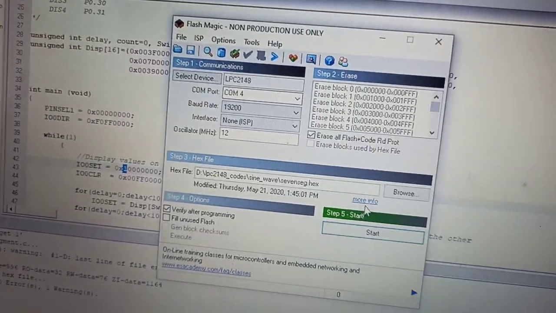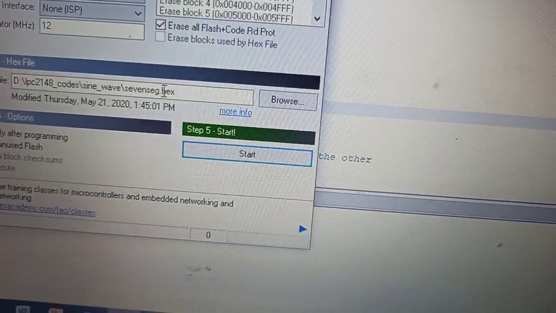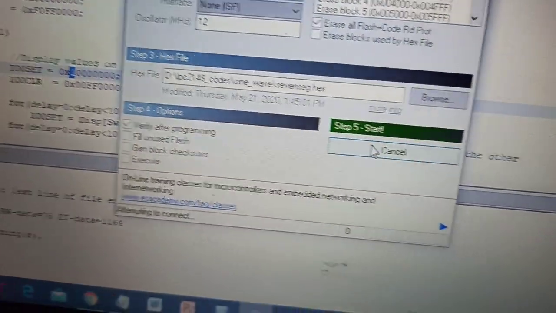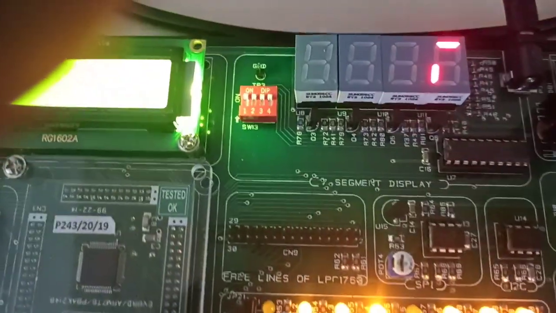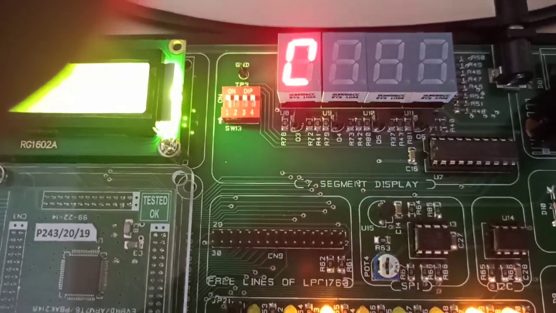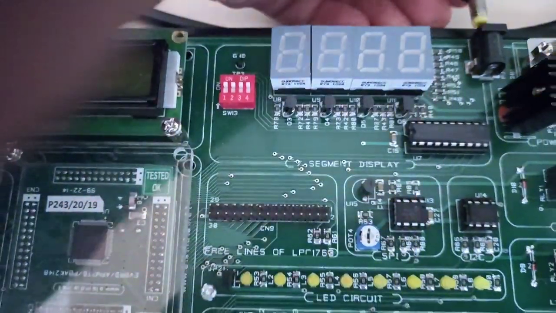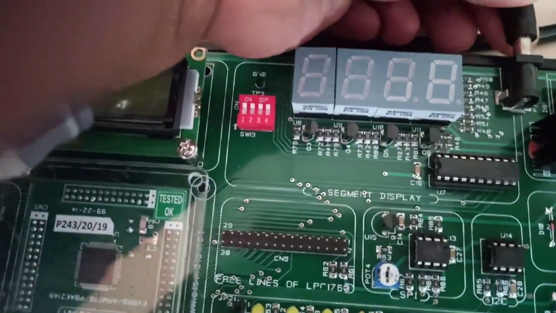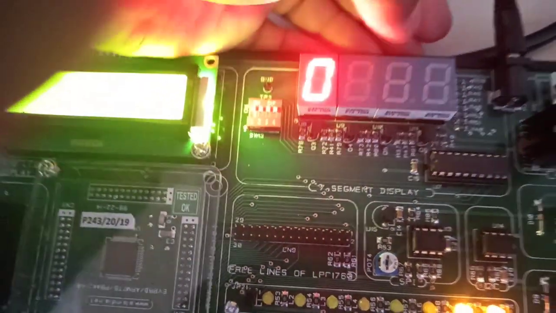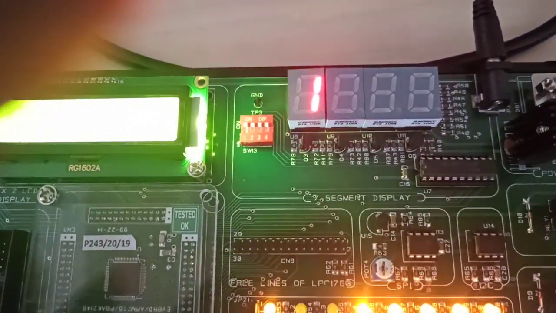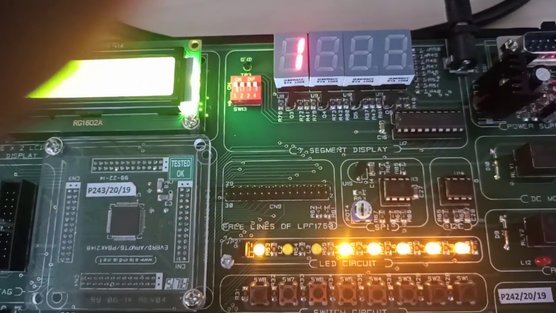Go to browse, select that 7seg.hex. Then start it. You will see the output now. You can see only this LED segment is displaying, not all. When we had given F, all were displaying. So now we have selected only this one, that too using P0 of 28.